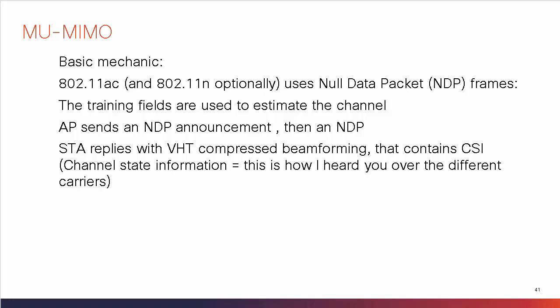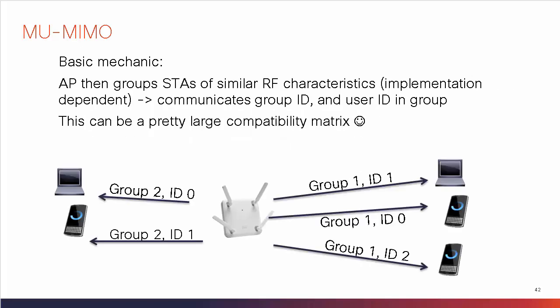So once the AP has this collection of information for all the stations in its cell to which it's considering using MU-MIMO, it's going to create groups of stations. And those stations will be grouped together based on compatibility. That is to say, the AP is going to look at the way those guys see the channel and say, I can probably find a way to transmit several spatial streams out, and each of them will be getting a clean spatial stream. And some stations will be in different groups because the AP will think or calculate, if I send